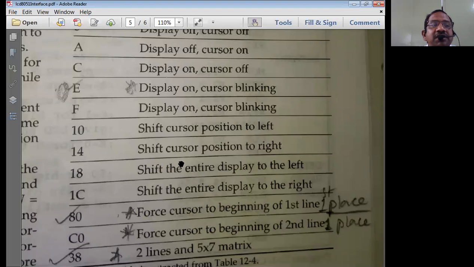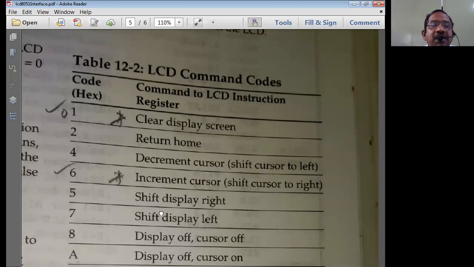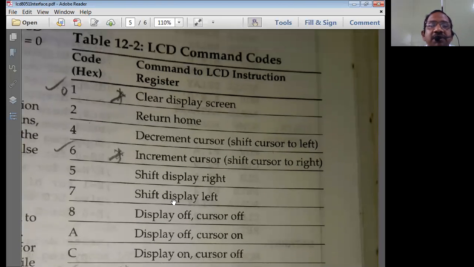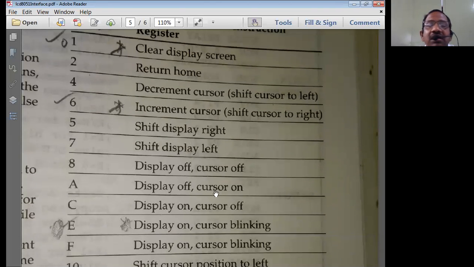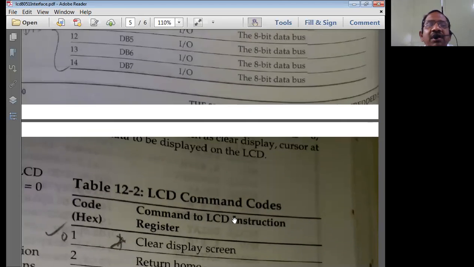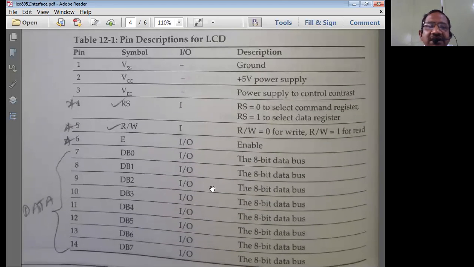Now for interfacing we should know these basic commands. So please list all these basic commands that I marked with a star while preparing this, because these commands will be used continuously in each and every program whenever we interface the LCD. And these 3 pins also we will use continuously.